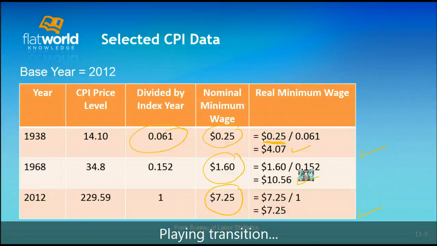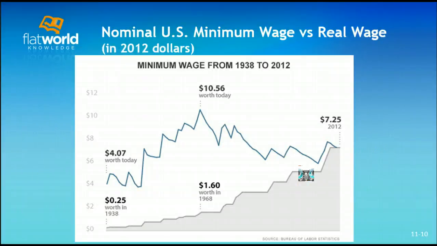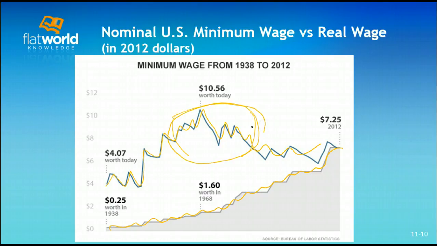Looking at that graphically, what we see is the difference between the real minimum wage in any given year and the nominal or stated minimum wage that does not take into account the effects of inflation throughout time. And we see that in the 1960s through the early 1970s, this period right here, the real minimum wage was much higher than it is right now. Now that's just an understanding of nominal versus real wages.